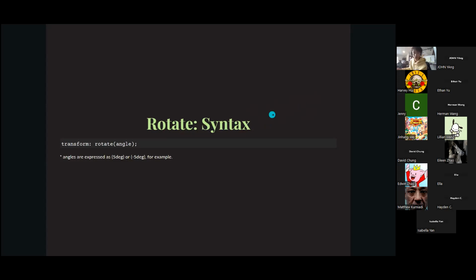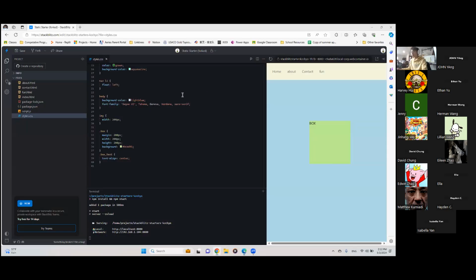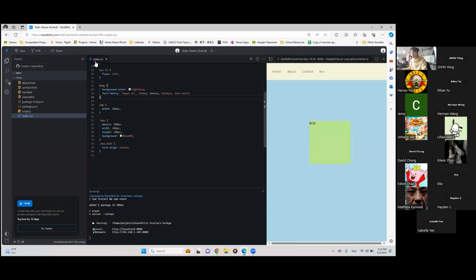Feel free to ask questions, or private message me if you are lost or you want something re-explained, or if I'm going too fast and all that. So here are some examples. So we have div class box. So now's the time you guys should be following along. So in your homepage, we should create